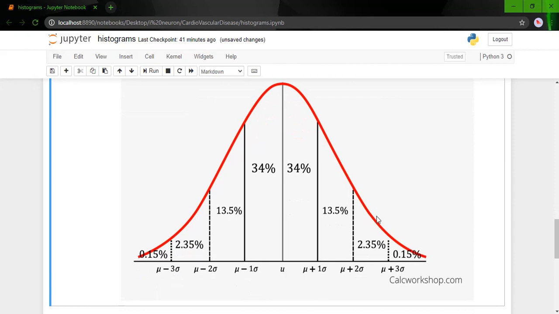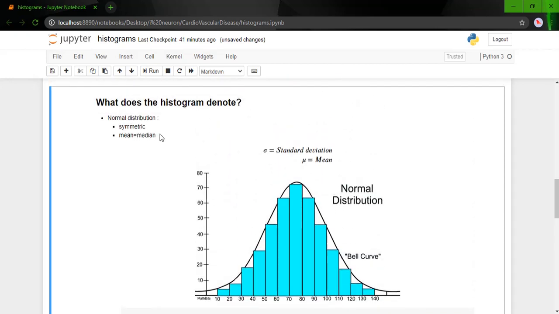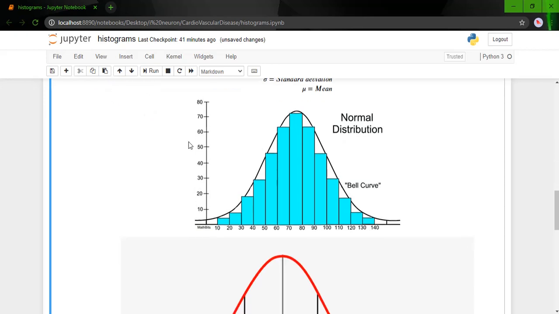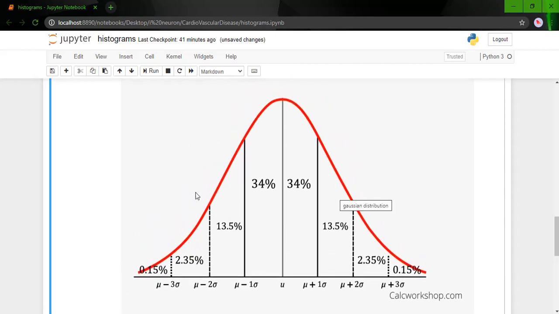Now what is normal data? Normal data is data where the graph is symmetric and the mean is equal to the median, and this is the interpretation of it. Mu is supposed to be the mean and the data is supposed to be distributed like this across the mean. It is very smoothly distributed, equally distributed across the mean, because the graph is symmetric on both sides.